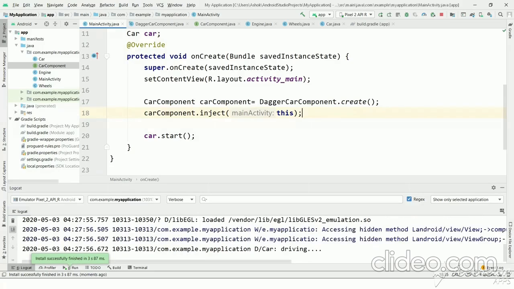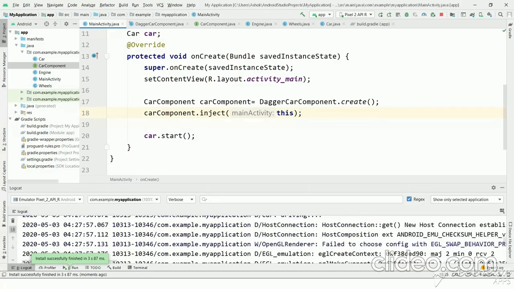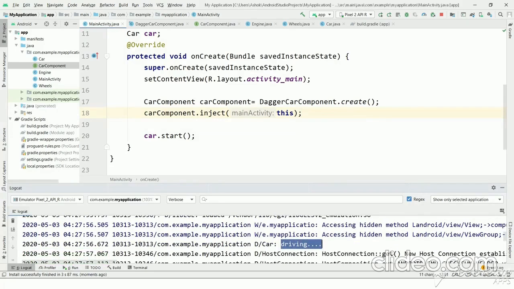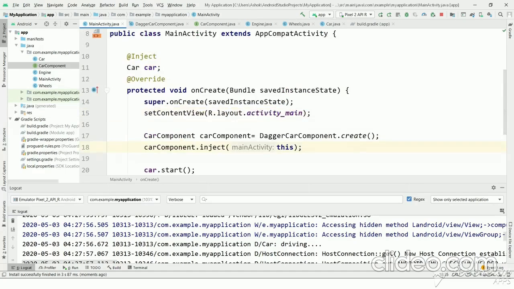It's running very slowly. Now you can see again driving is printed. So now the car object is created without using get car method. So what is the meaning of this? Means we are passing main activity. So Dagger will check in this activity all variables with inject annotation. Dagger will see all variables in this activity and all variables with inject annotation, and it will create object for